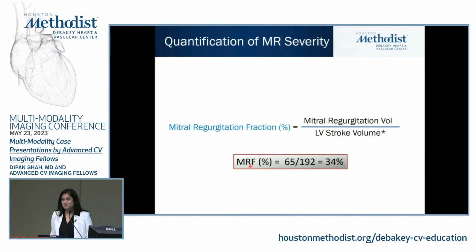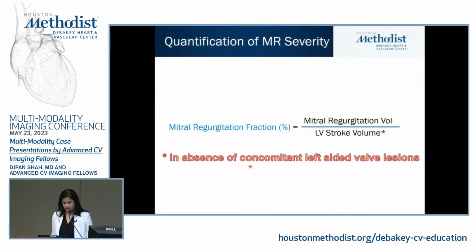There must be a catch if I'm asking, right? So that's not what our regurgitation fraction is. This is only in the absence of any concomitant left-sided valve lesions. And in this patient, we saw that there was significant aortic regurgitation, so we want to be able to account